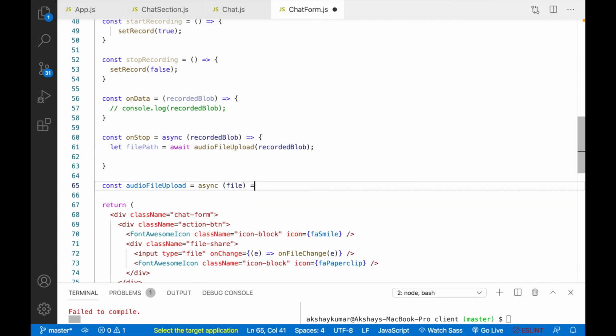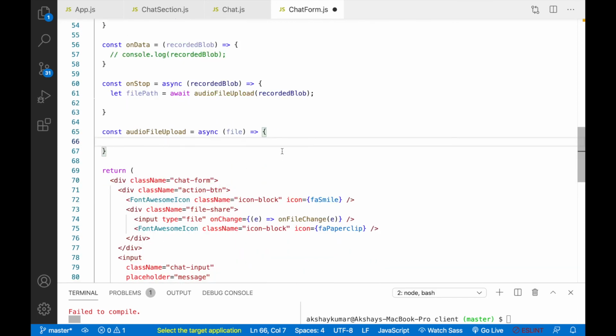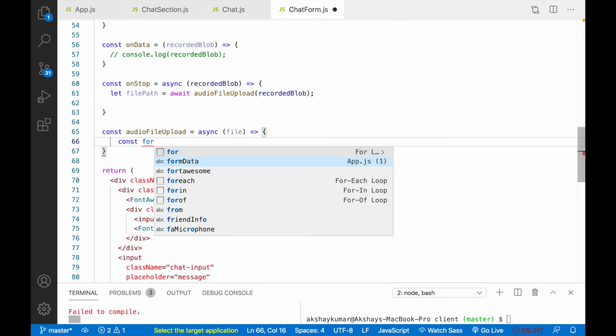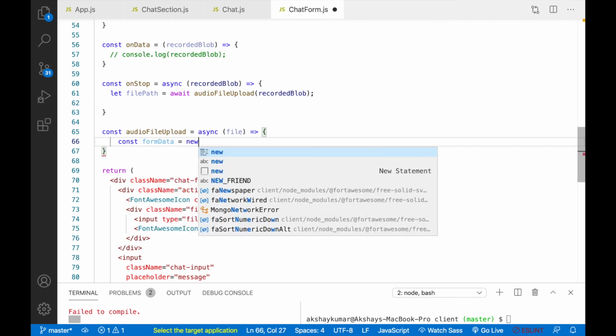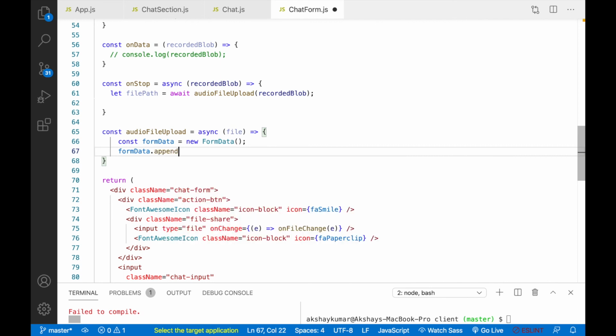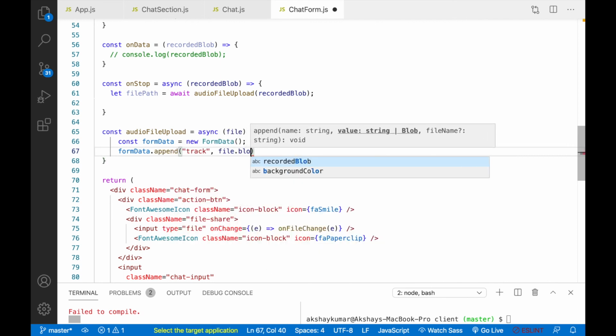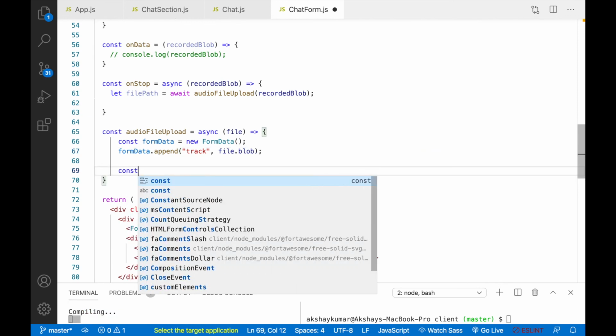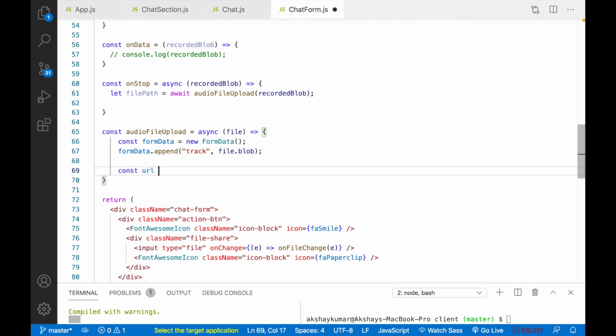We'll take the file, and here I will write const form data equals to new form data dot append, and here I will just pass track file dot blob. So after this we'll write const url equals to, so we'll pass base url, and we'll concatenate with upload audio.